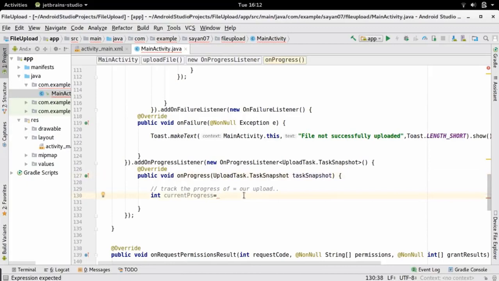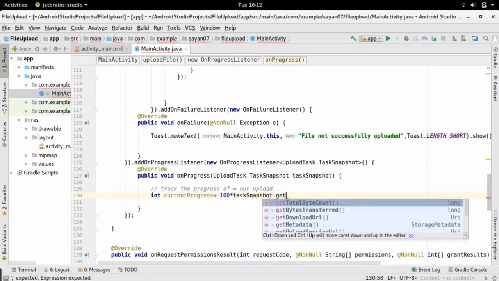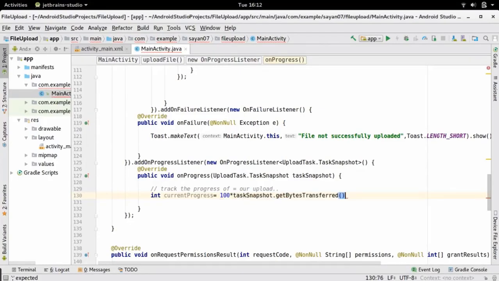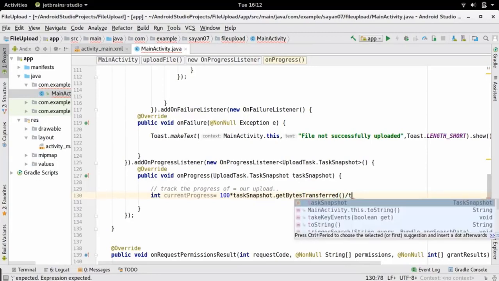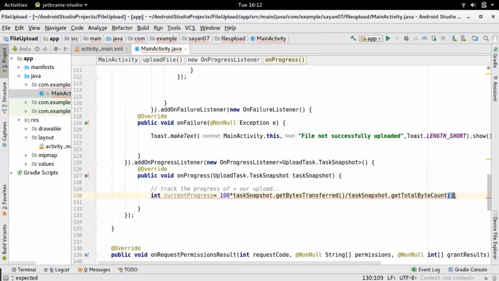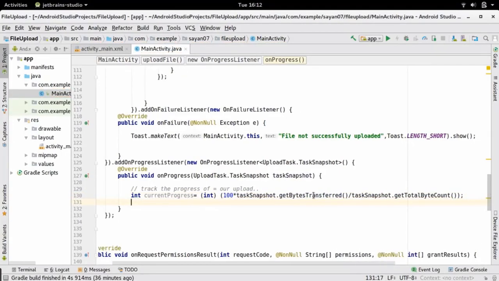So first of all, we are going to write this particular statement, bytes transferred, and divide it by task snapshot dot total byte count, and we are going to cast the value to int. Okay, so observe carefully.